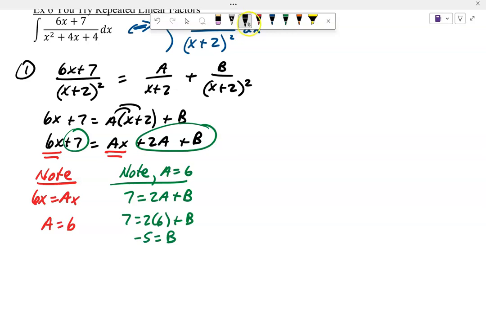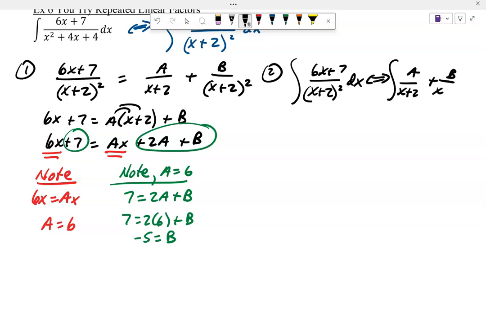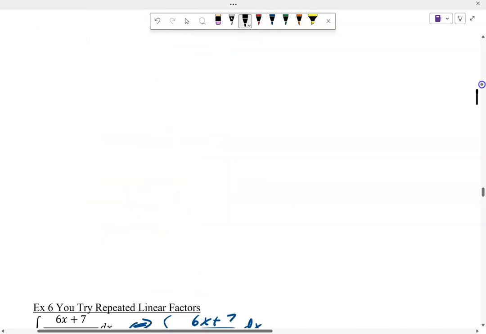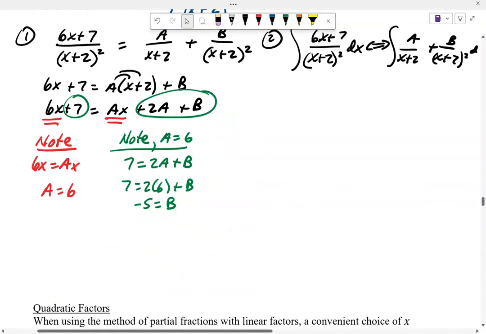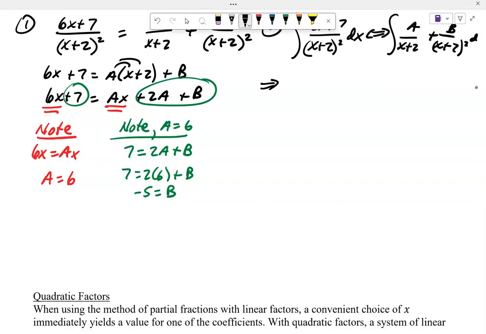And so now we're at the point where we're like, all right, this 6x plus 7 over x plus 2 quantity squared dx, which is A over x plus 2 plus B over x plus 2 squared. Now that we know A and B, oh gosh, now we know A and B, A is 6, B is negative 5. So that's 6